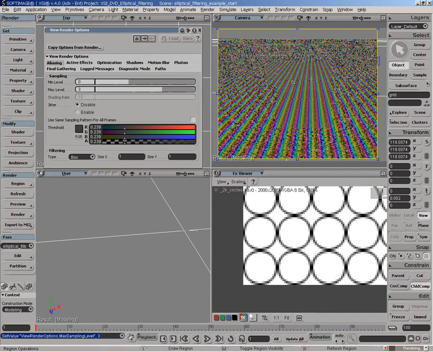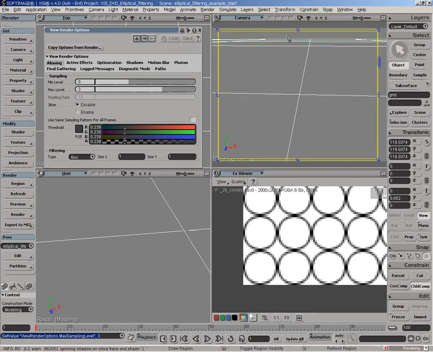So a good way to test if a setup is actually viable in terms of flickering and shimmering is doing a very small render. For example, let me just stop the actual region and define a region right here. As we see here, it's now